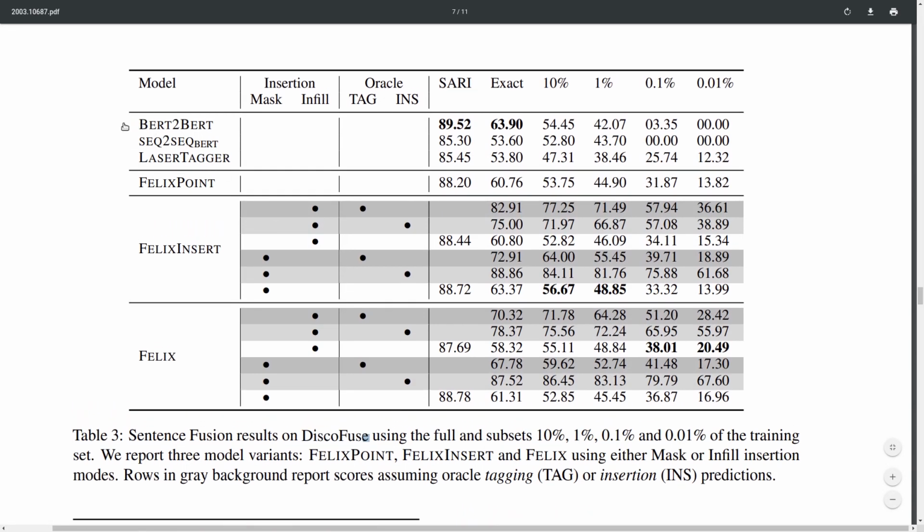And in this table here, we have a bunch of different results. We have some sequence baselines, which are generating the output fused sentences given the input from scratch. So these are these first two models. We also have this LaserTagger model, which is a model from last year, which is again taking a similar text editing approach with some differences. And there's also a bunch of different configurations of the Felix model. Basically they do an ablation study, they try out different